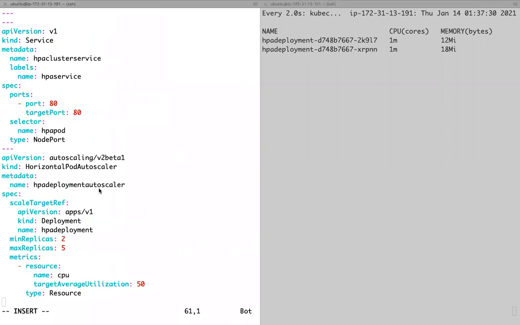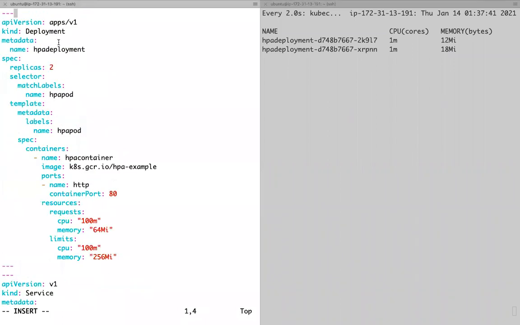How are we linking? Where is the link between this one and this deployment, right?